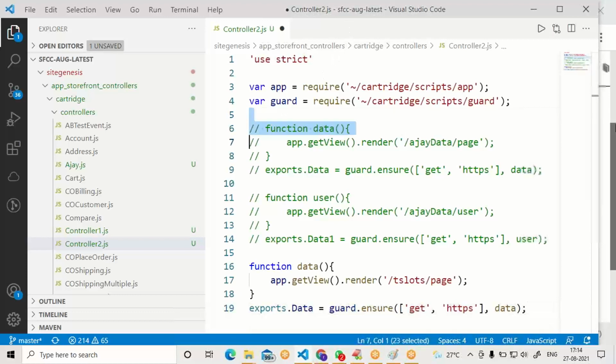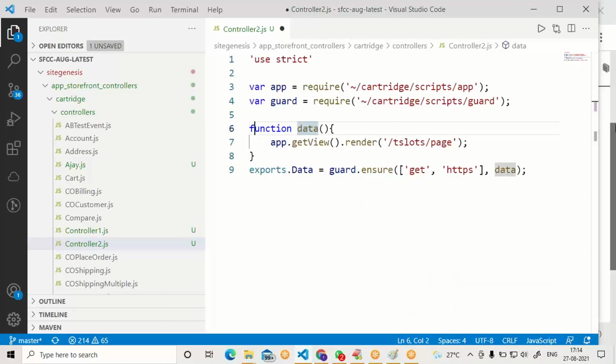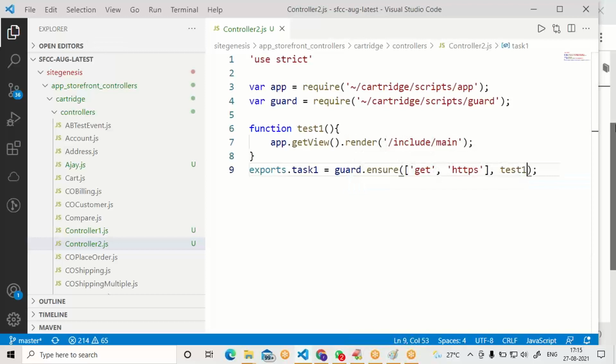Whatever code you already developed, from that code you can just copy. Please try developing this much.